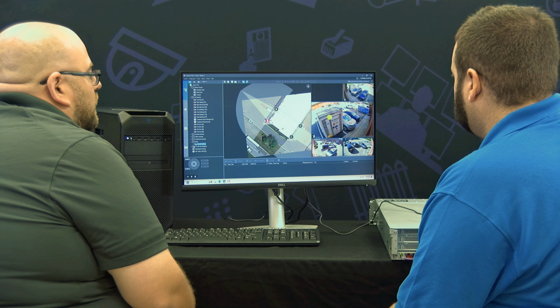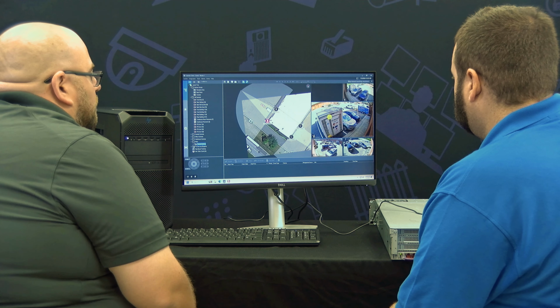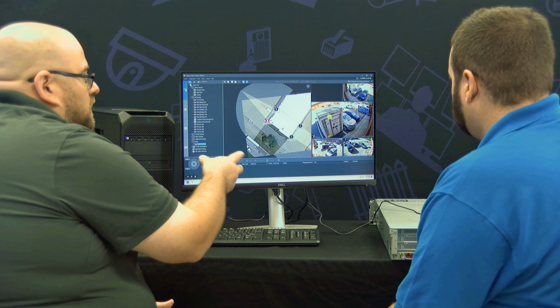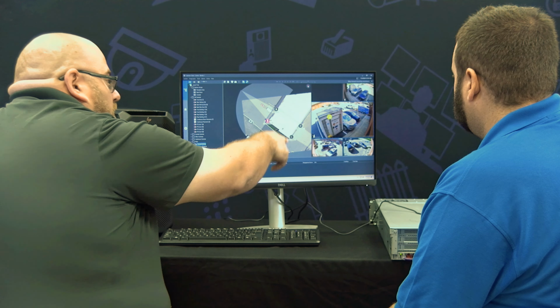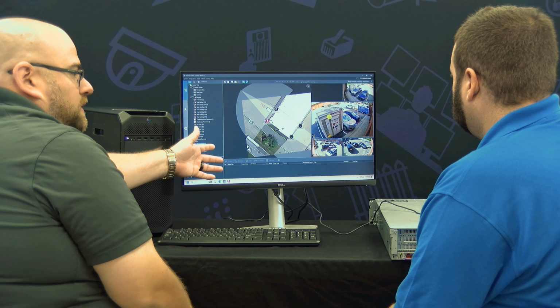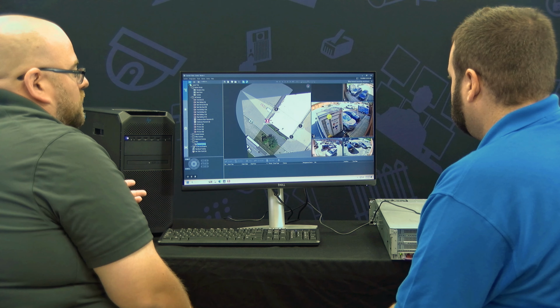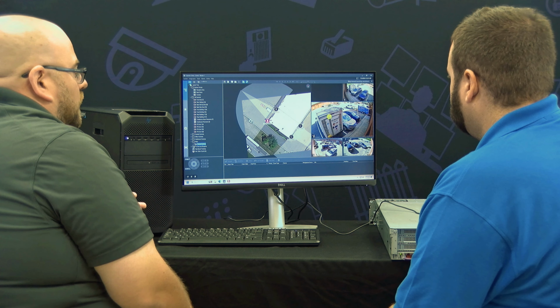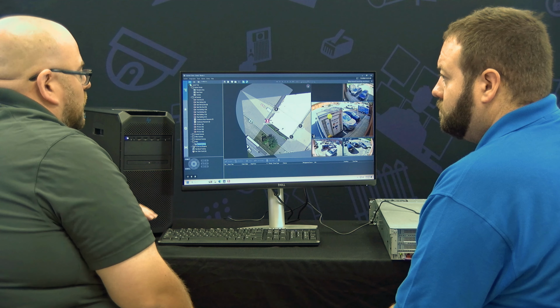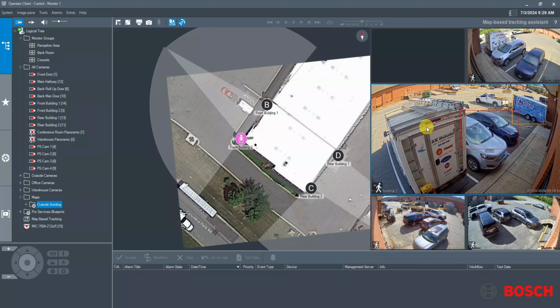What happens from there is the algorithm will populate the 4 closest cameras around it. Now, we have 4 total, so that's why we're only seeing 3 around the top and bottom, but it's going to retrieve those cameras for you automatically based on the placement of the cameras on the map. So from there, if I'm looking for somebody or trying to track somebody around my perimeter, I don't need to worry about the logical tree. I don't need to worry about anything else other than using these icons to, as soon as they step into the next field of view, and if you select one of these and double click them,